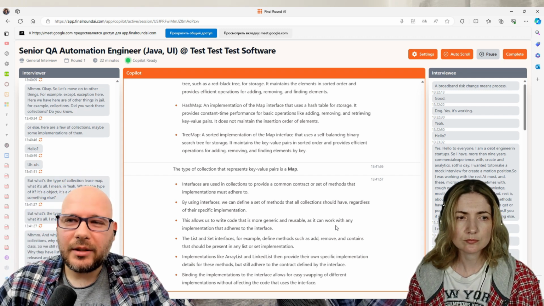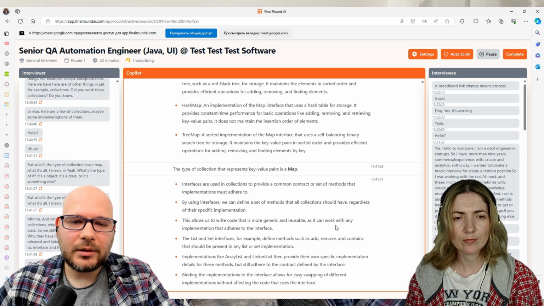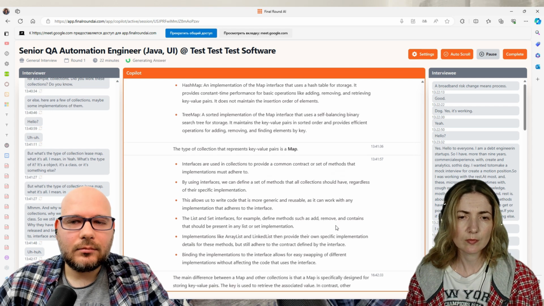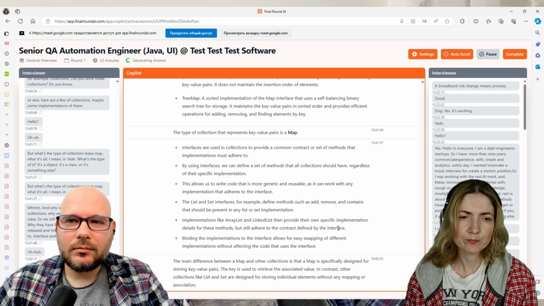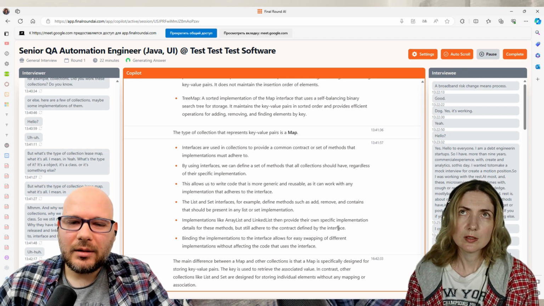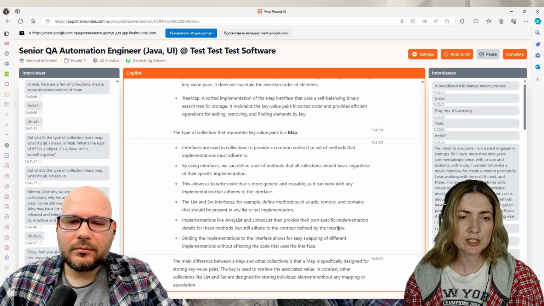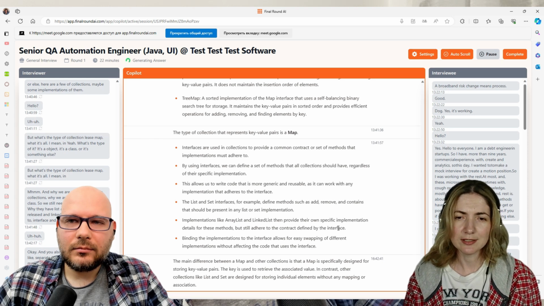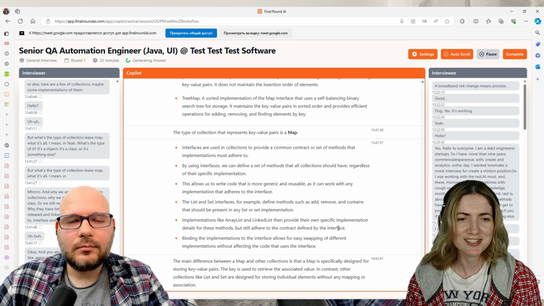Okay, and you also mentioned a map as separate from collections. Can you tell me what's the difference? Because map doesn't have an iterator. Maybe something else? These are like dictionaries, with key and value. They're really different from other collections.